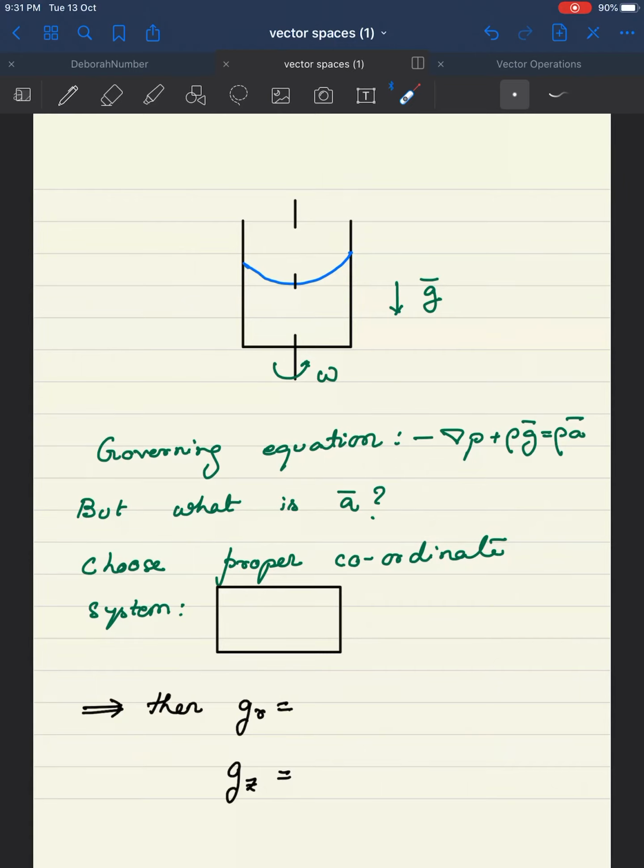Now we had the other problem where you had fluid in a cylinder. So this is the cylinder, and this is rotating with an angular velocity of omega. Gravity again is downwards, and now we have to worry about what this profile looks like. Now the governing equation in this particular case comes out to be this particular form, which we